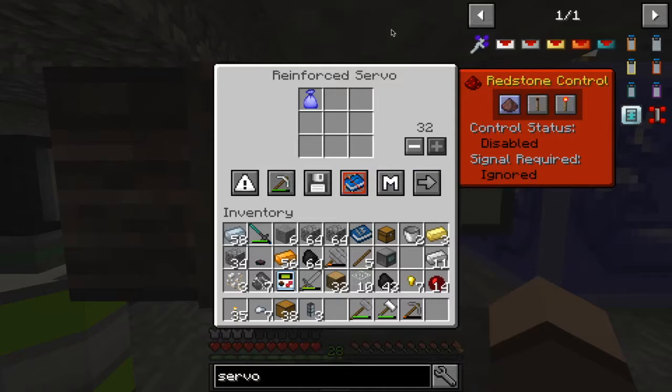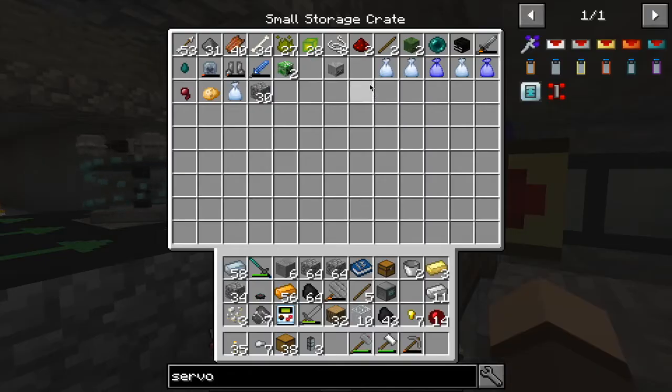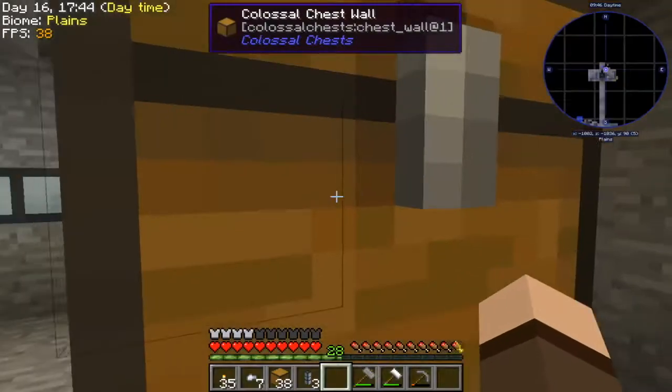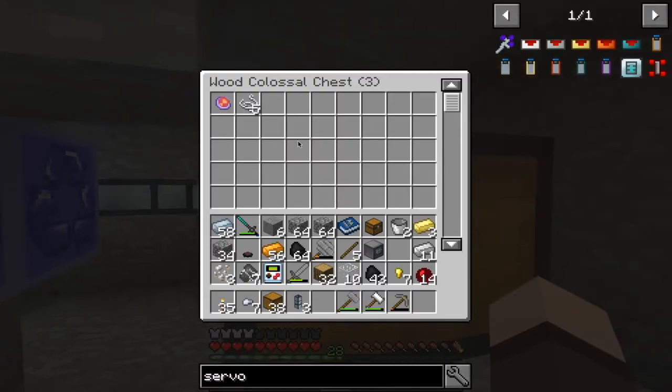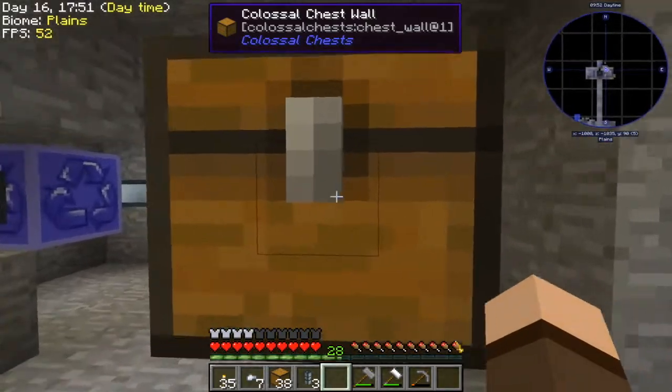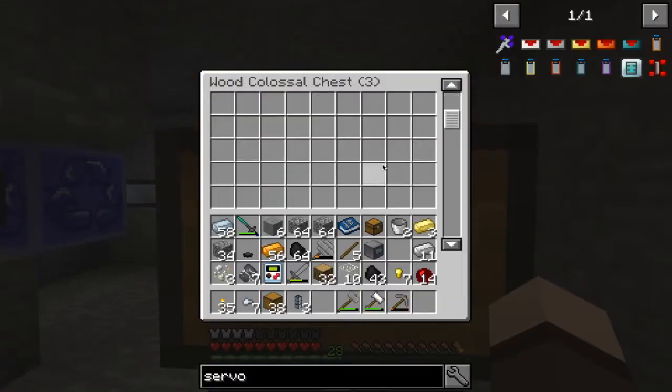So if I hit ignored, then you'll see it starts draining out all of the loot bags, putting them in here, and the loot bag opener opens the loot bags for us, and then it should put all the stuff into our chest. Perfect. Now this is all very well and good, but once this thing gets full up to a certain extent,